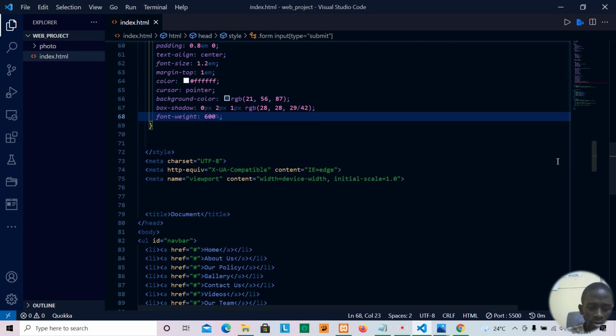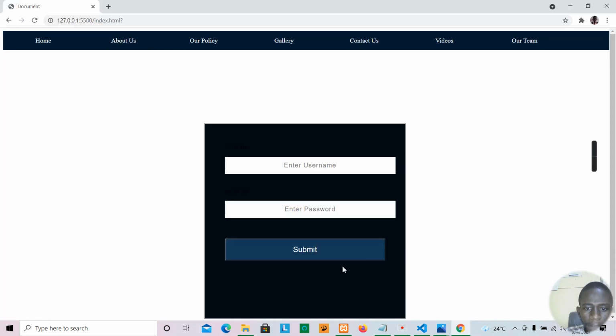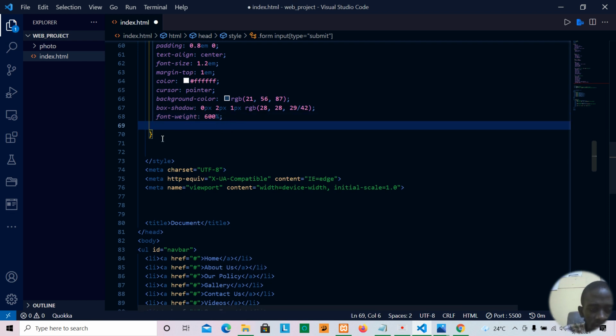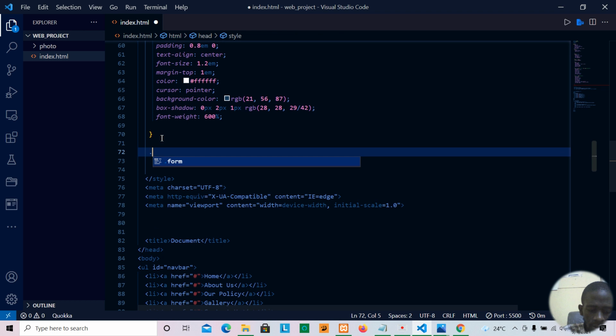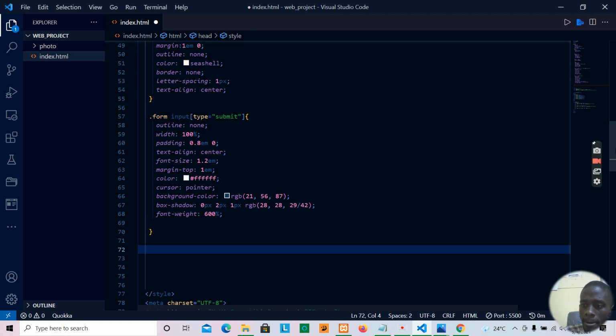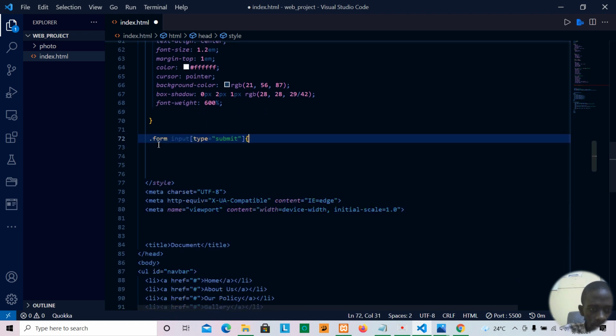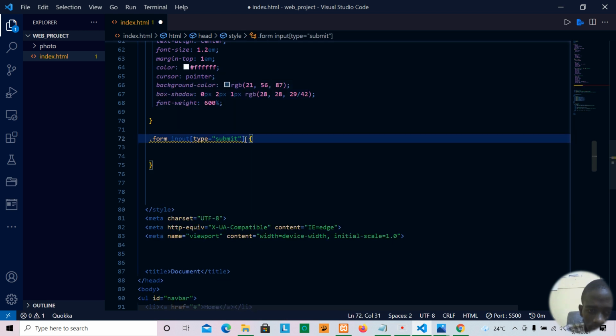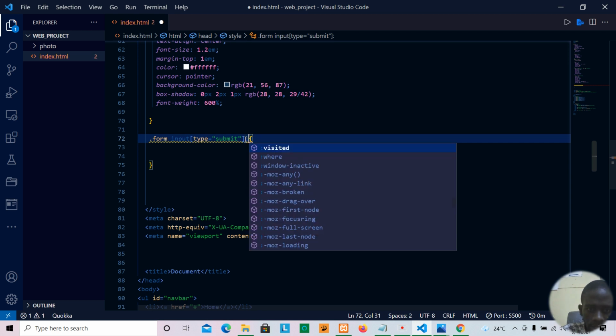And we also want, as the user hovers on the submit button, it should have another color. So we come here and say dot form. No, let's just copy that notation. So we're gonna copy dot form and say dot form. Close our declaration, and we say